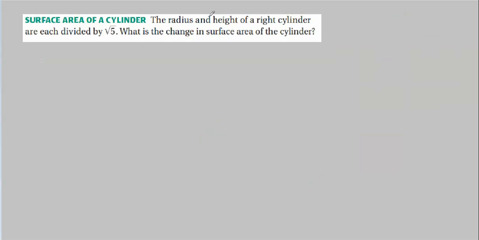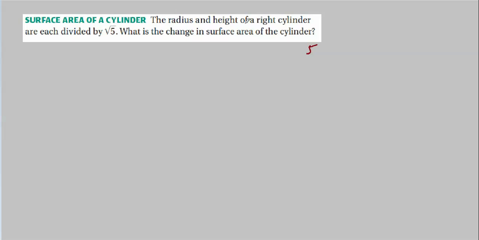Well, this one, after that last problem and what I said, you should be able to just write down 5. What's the square root of 5 squared? The radius and the height, that means our linear parameters have changed by this. So our area, which is a squared parameter, would just move as the square of this, or 5, because this is really a scale factor, the radius and the height of the cylinder.